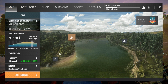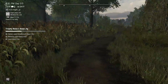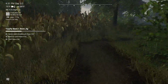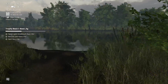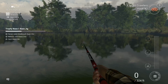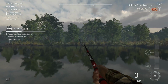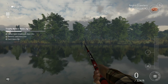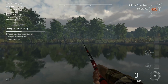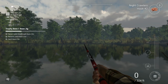So let's go out to the map, hop across. Okay, here we are at Catfish Heaven, or so it's called. There's the sticks where you tend to get the bowfins. That's where we were standing, right over there in that little area. And so what we want to target here